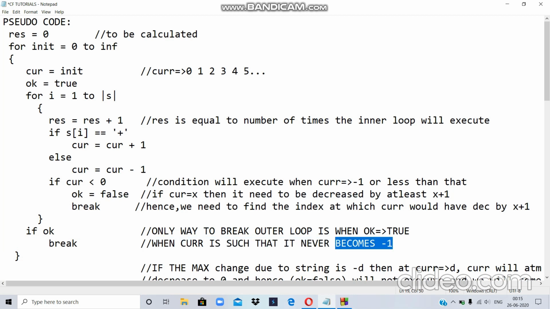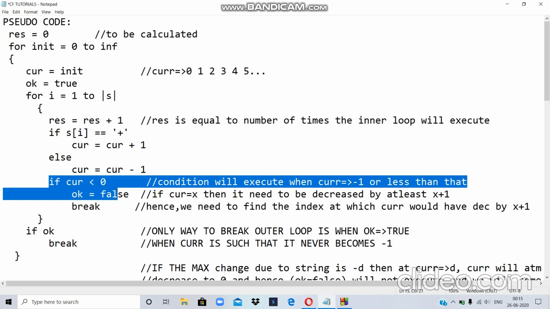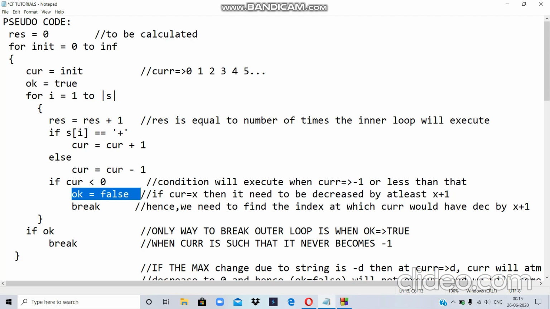Simply, current starts from 0, then 1, then 2. We need to find the value of current among these at which it never becomes negative. If we find a current which never becomes negative, then this statement will not get executed, OK will not be converted into false, it will remain true, and we will come out of this loop. Simple. So our main focus should be on current.